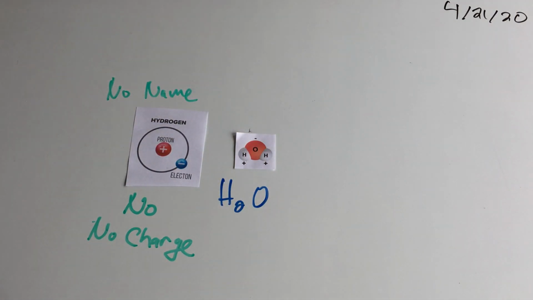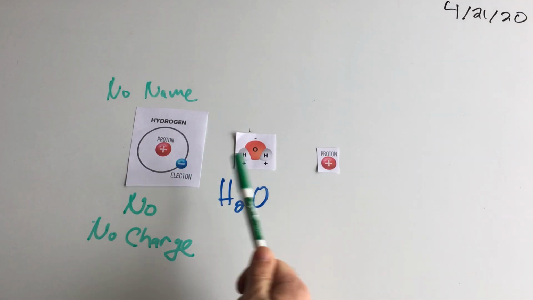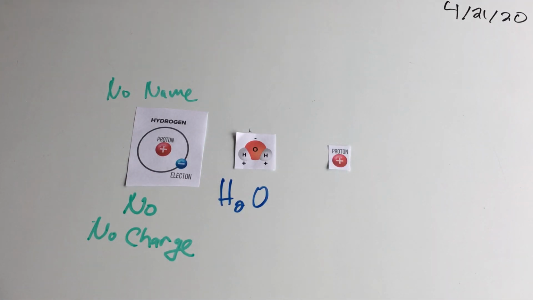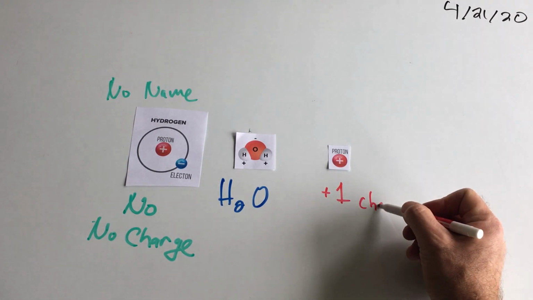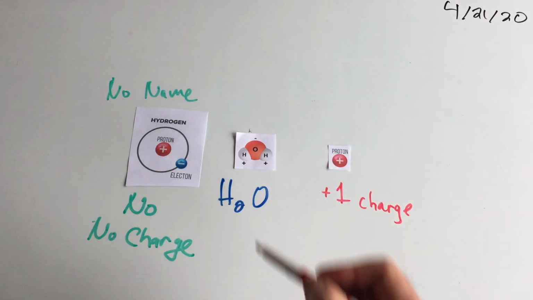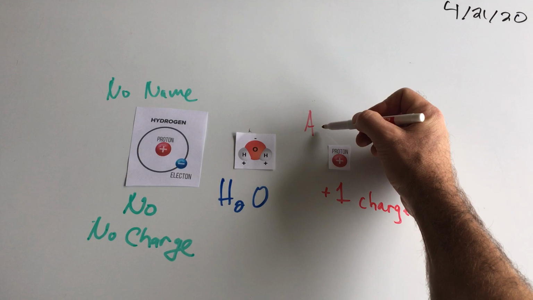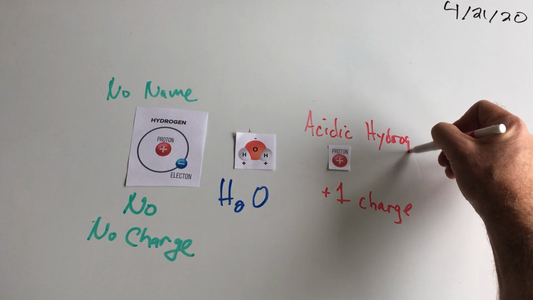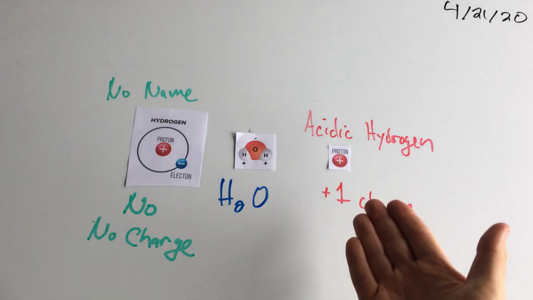It's simply hydrogen. But then this other hydrogen atom, which doesn't have the electrons, just on its own, it's a lone proton, lost and afraid in the world. That does have a charge. That has a positive 1 charge, which means it will click onto the top of oxygen right there. And because it will attach to water happily, it gets a fun name. It gets the name acidic hydrogen. So an acidic hydrogen is simply a single proton.